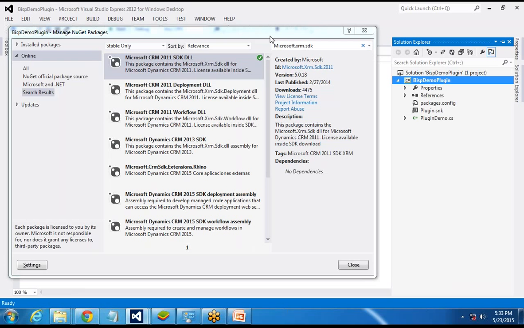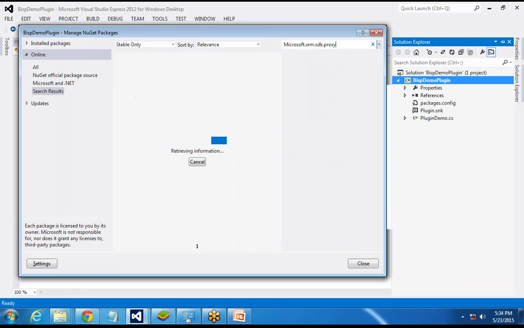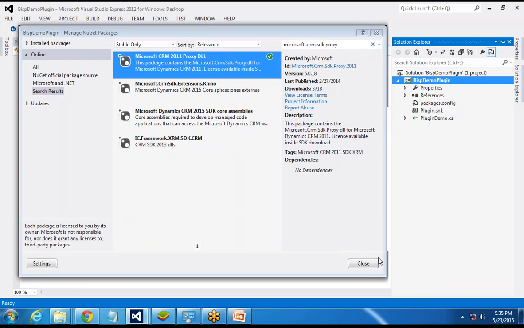I have already downloaded and installed it, Microsoft CRM 2011 SDK DLL, and along with that I need to add the proxy as well. So I look for Microsoft CRM SDK proxy and install it, and then I close it.